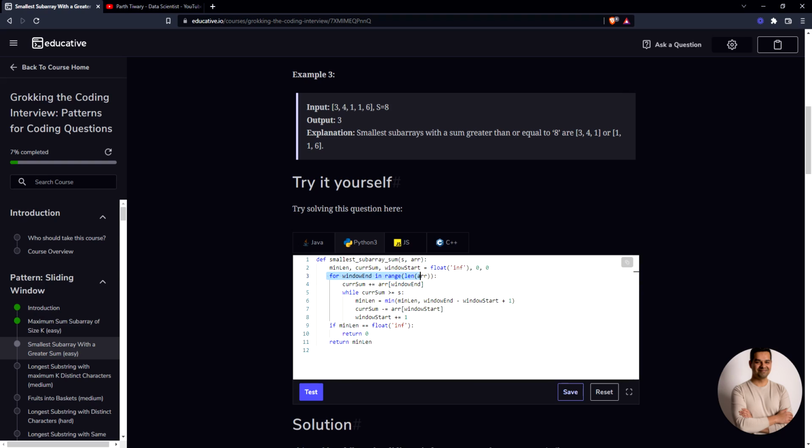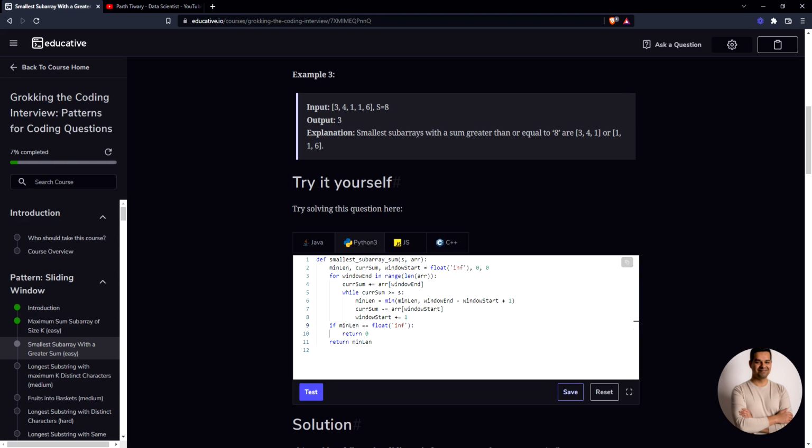We start iterating through the array. We increase the current sum with the window end element. We check if our current sum is greater than or equal to s. While it is greater than or equal to s, we want to keep shrinking the window until this sum becomes